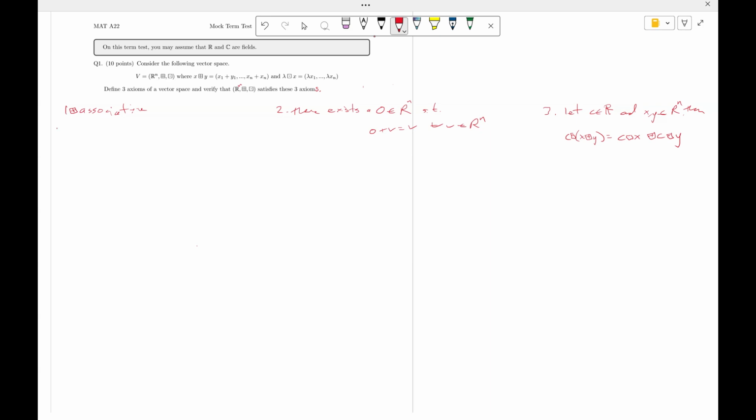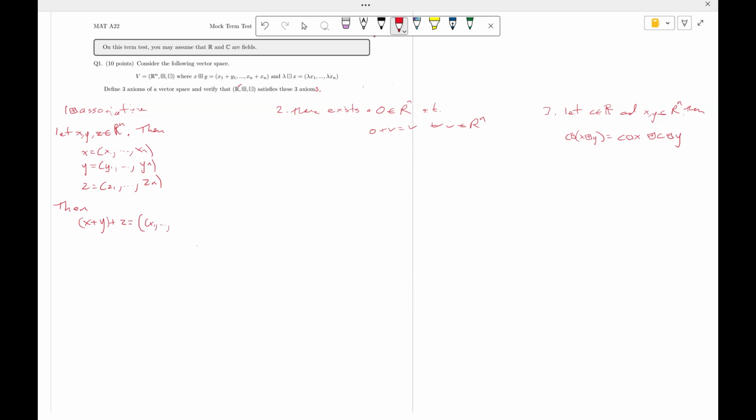So for associative, we let X, Y, Z be in R^n. What I like to do is before I prove the left side equals right side, I just redefine what X, Y, and Z equal. So then X equals X1 to Xn, Y equals Y1 to Yn, and Z equals Z1 to Zn. Then (X plus Y) plus Z equals